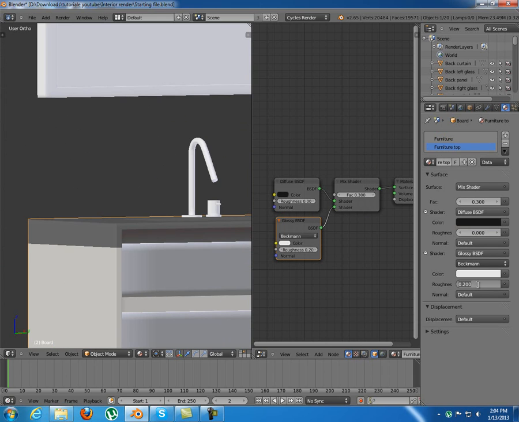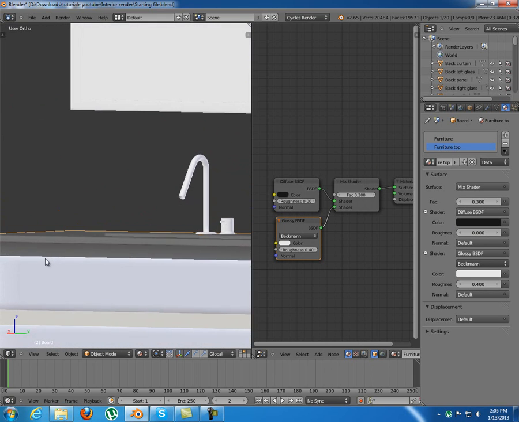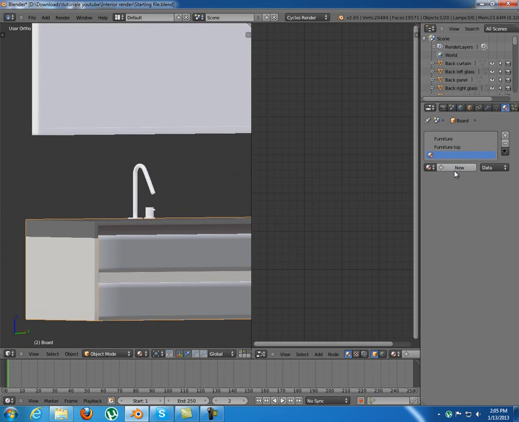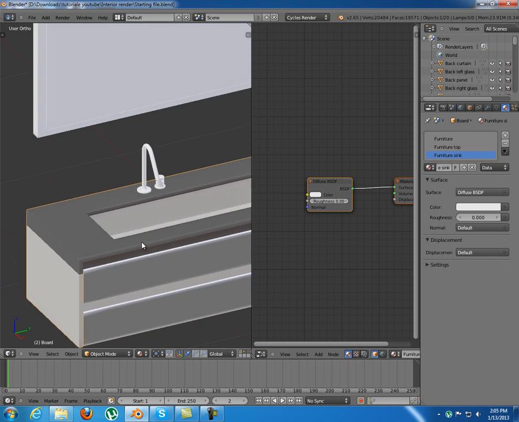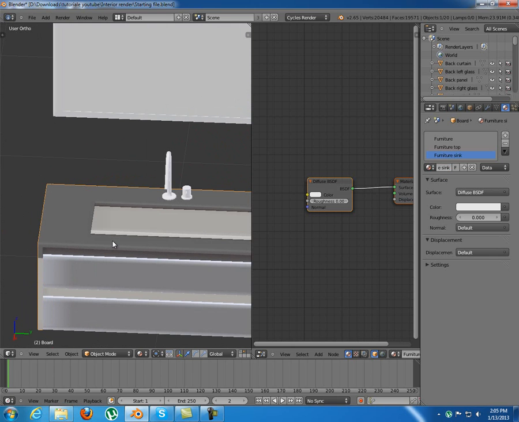Also the roughness to 0.4. And I'm just gonna add the third material, and I'll come back to this and see why it doesn't work. Okay, just furniture. Yeah, this is the sink. So pretty much this will be the